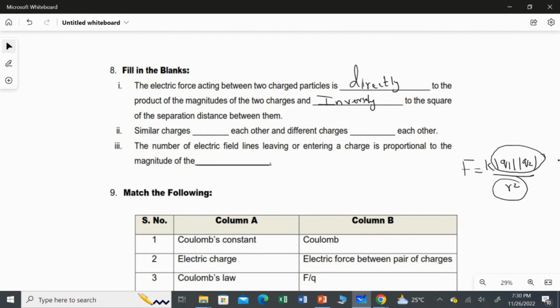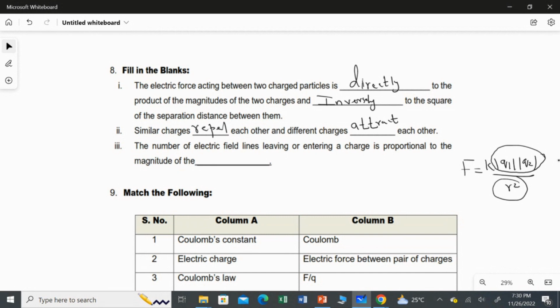And second question, similar charges dash each other and different charges dash each other. We studied similar charges always repel each other and different charges always attract each other. Clear? And third question, the number of electrical field lines leaving or entering a charge is proportional to the magnitude of the,